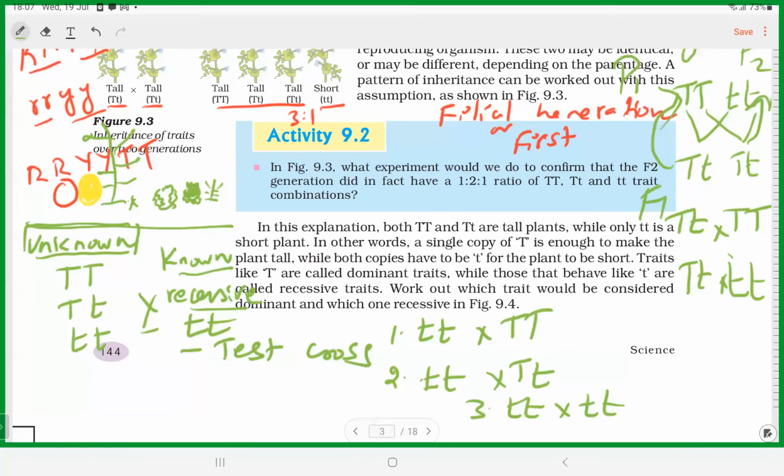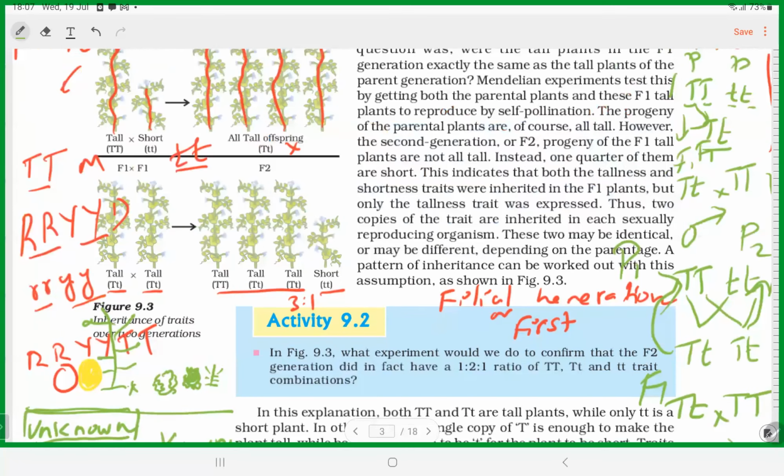Kaushik, are you following? Kaushik? Okay,